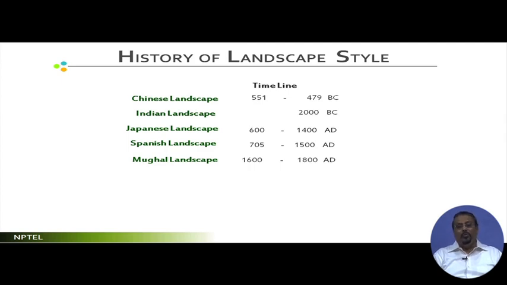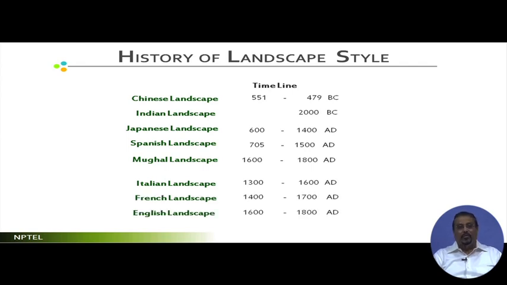When it comes to European, just watch. Italian, French and English landscapes almost grew during the same period of time. And interestingly, even the Mughal landscape styles also evolved at the same period of time. So, what happened historically over the globe is,